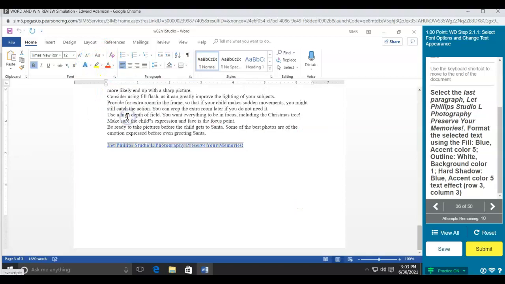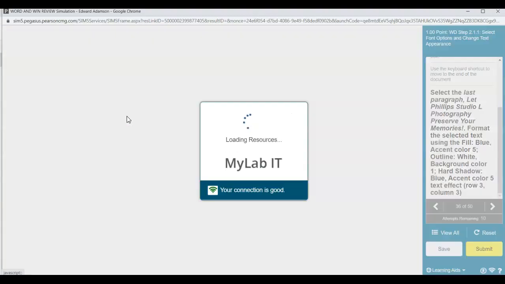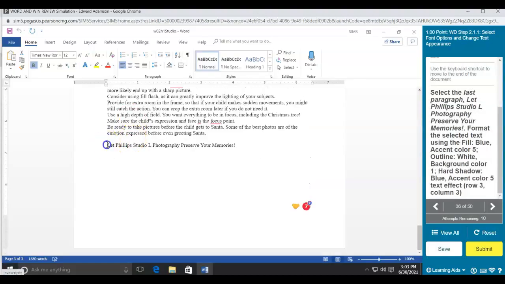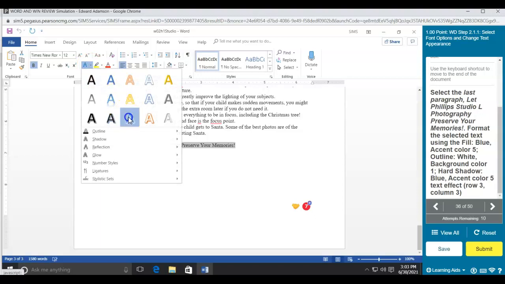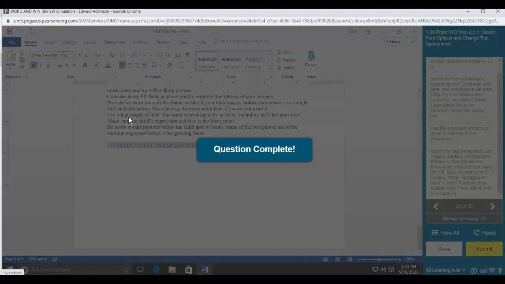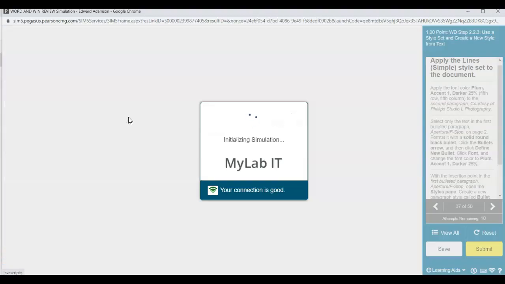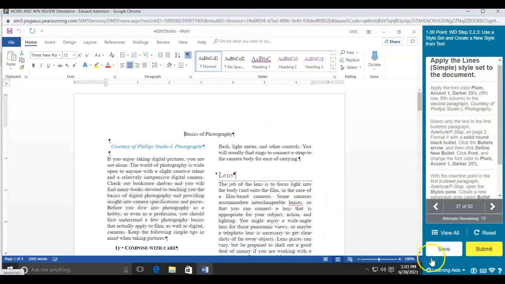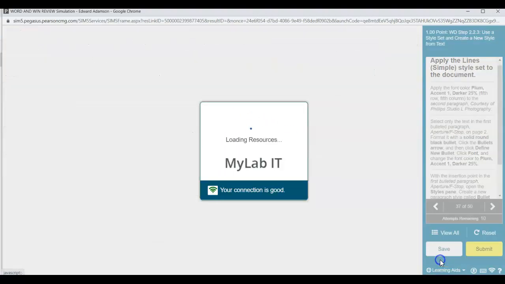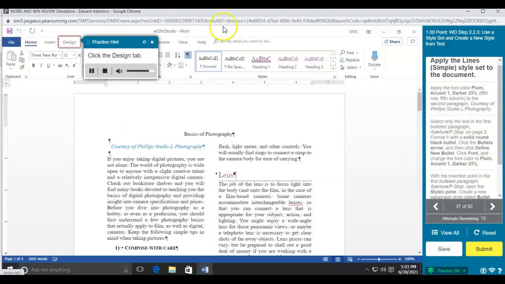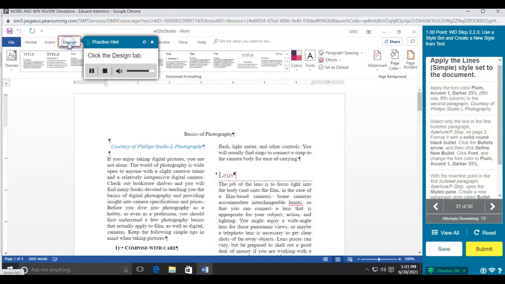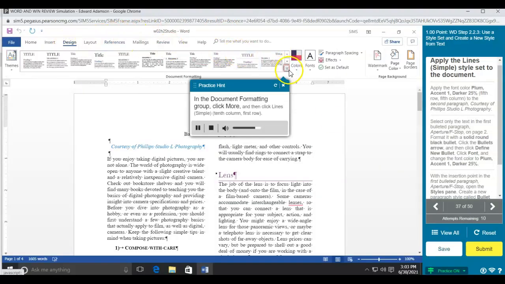Click Fill. Click the Design tab. In the Document Formatting group,